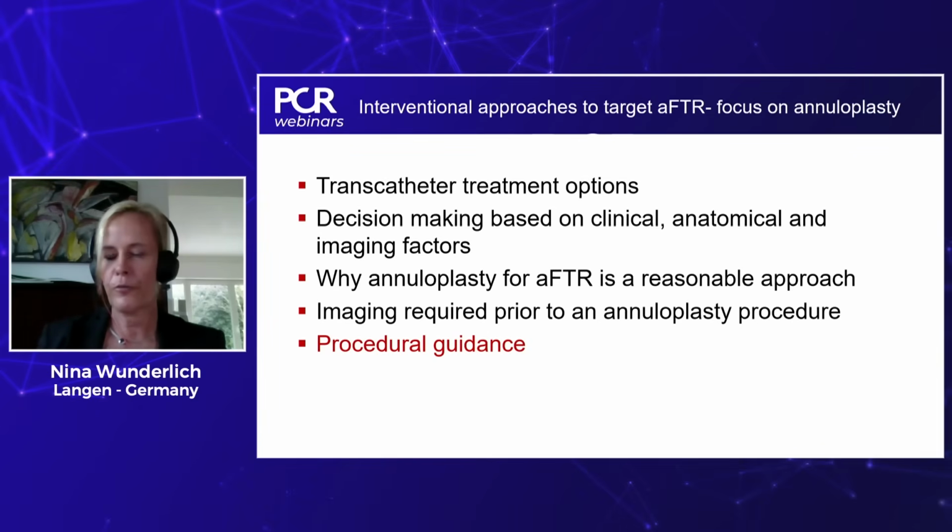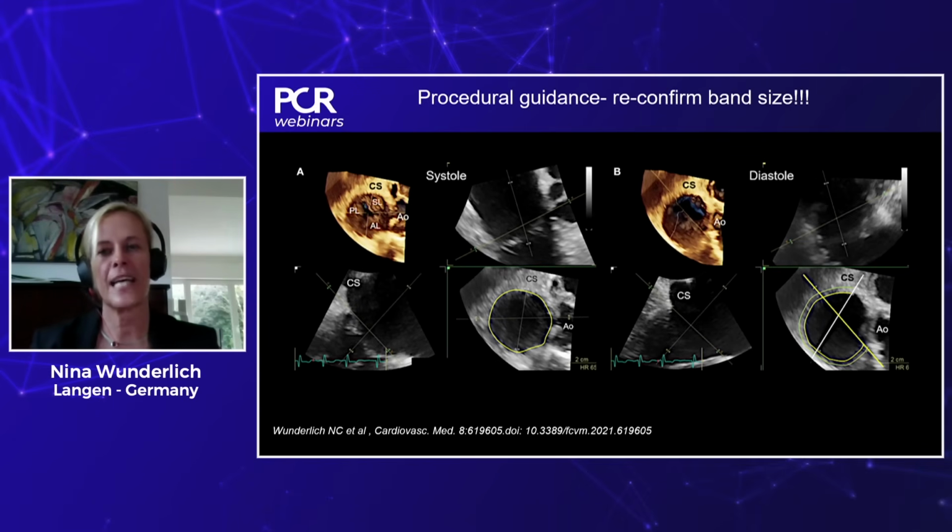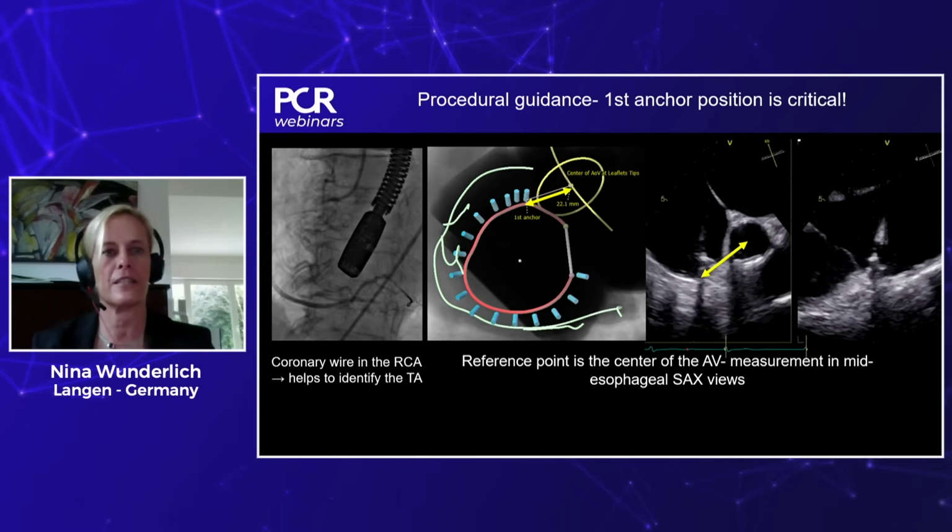So let's go over the procedural guidance in very quick steps. One very important thing is to reconfirm the size of the band. And this is done by multiplanar reconstruction, as you can see on the right-hand side. And why is this important? Because the CT is usually made a couple of weeks before the procedure. And due to the volume status, which can be completely different,